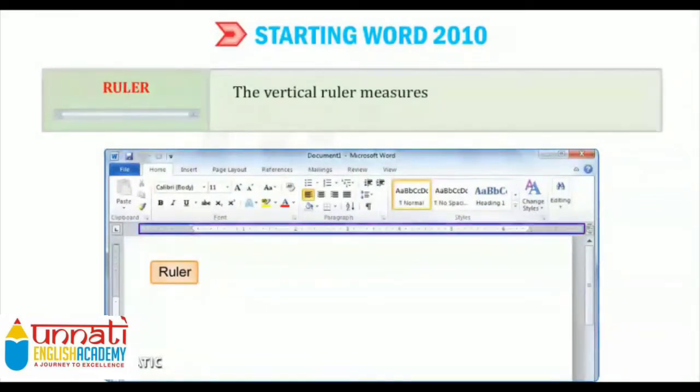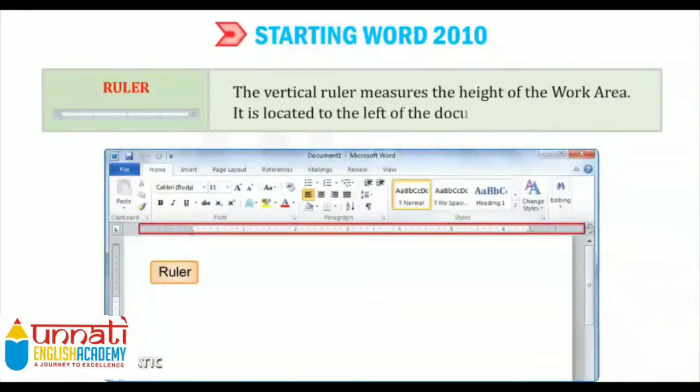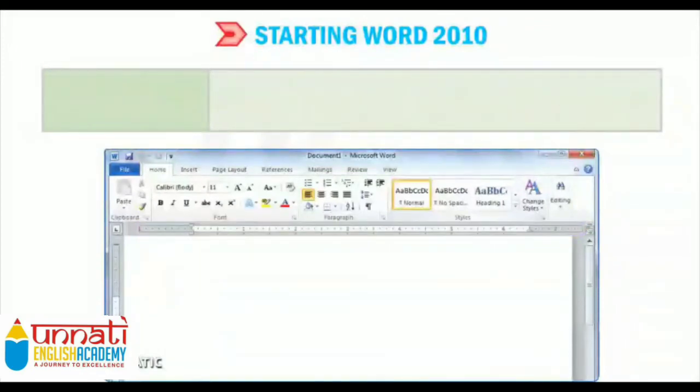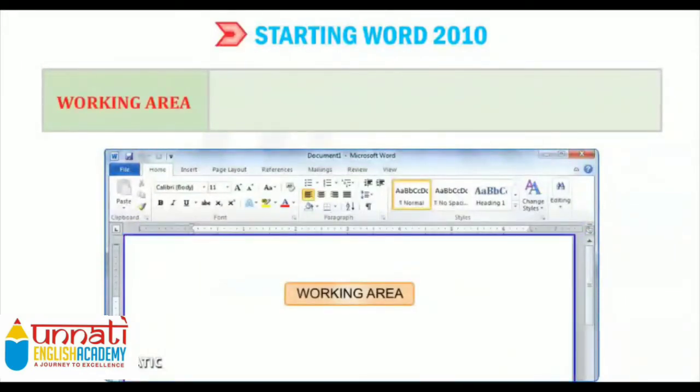The vertical ruler measures the height of the work area, and it is located to the left of the document window. So there are two rulers, vertical and horizontal. The next is the working area. This is the area where we are typing and editing the text.